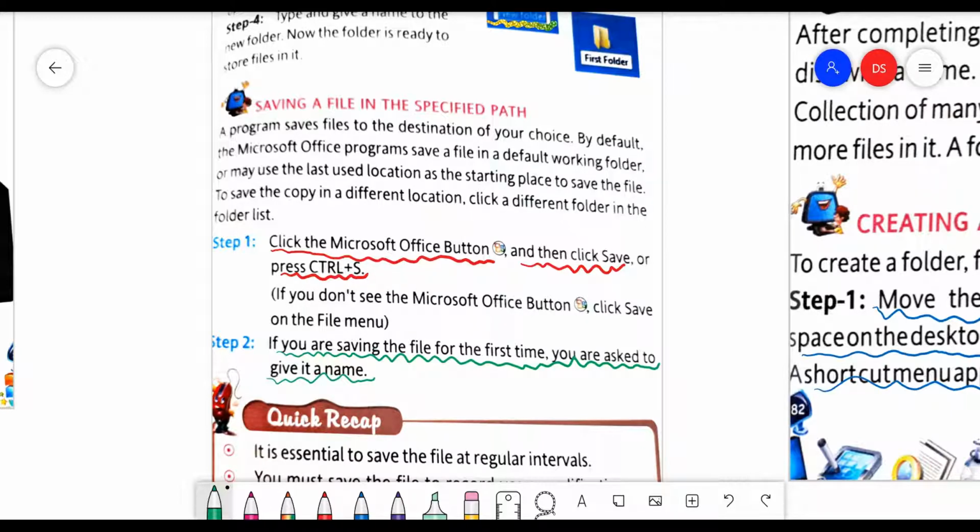Till then, children, this is your homework: that you read the chapter carefully and you can watch the video to understand it. The meaning of the chapter is explained in this video. You can watch the video. In fact, you should watch the video to understand the chapter, and in the next class we will do the exercise work.